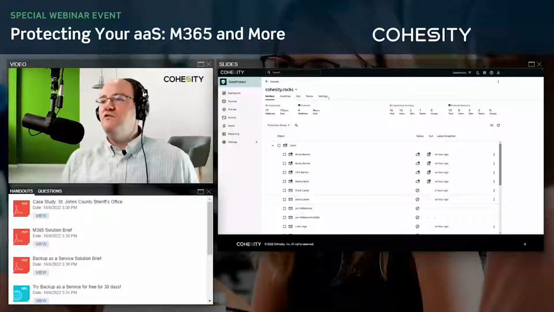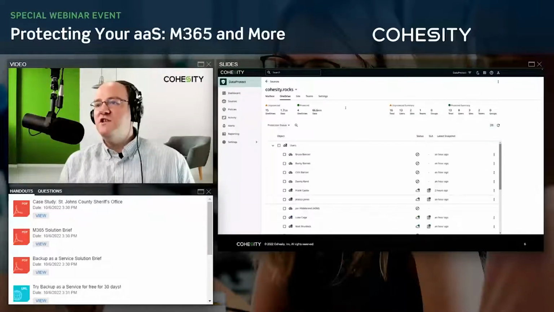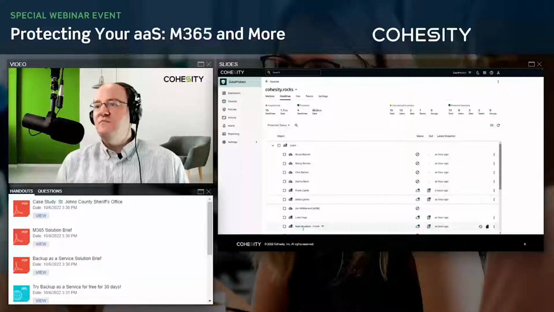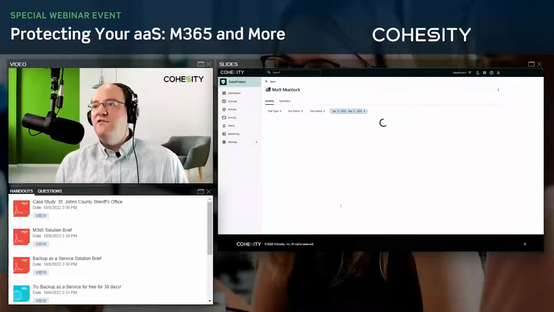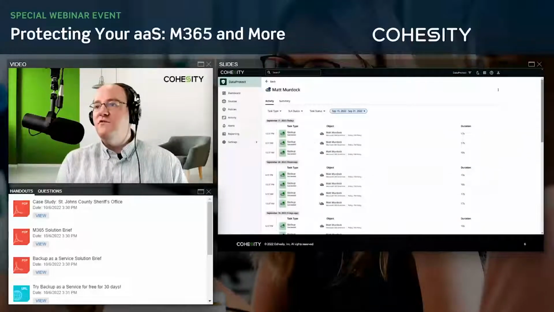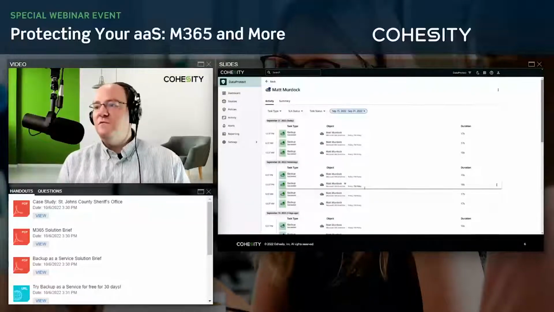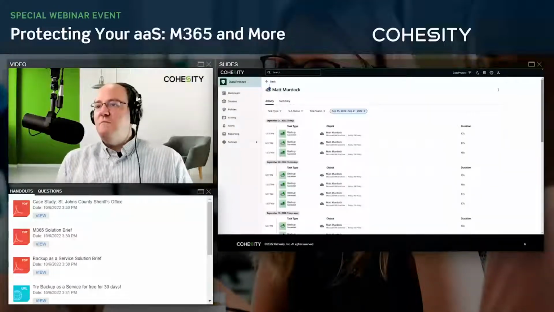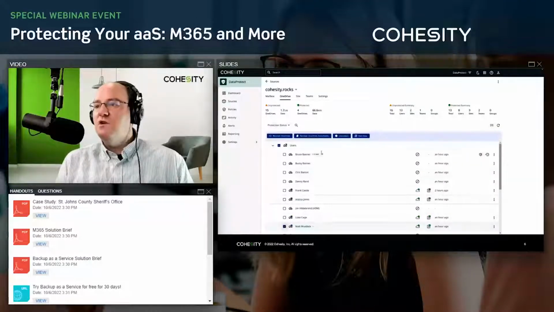We're taking a look here at the sources that are registered, and we've registered Microsoft 365. You can see at the top there's Mailbox, OneDrive, which we just selected, Site, and Teams. We're going to select a Mailbox, in this case Matt Murdock. We're big Marvel fans in our particular universe, and since he's a lawyer, it made sense to utilize him. We're showing that we've got multiple different backups within our window here for Matt Murdock.